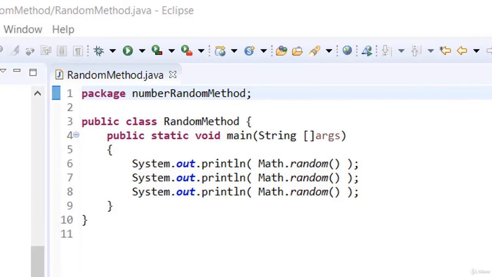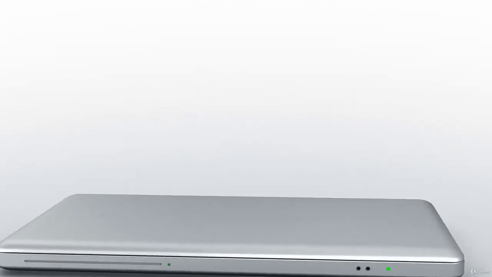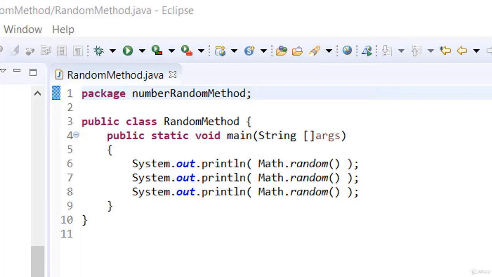In this video, we'll be looking at random number generation in this course. So in Java programming, we have a method that allows one to generate random numbers. Just in case you're wondering